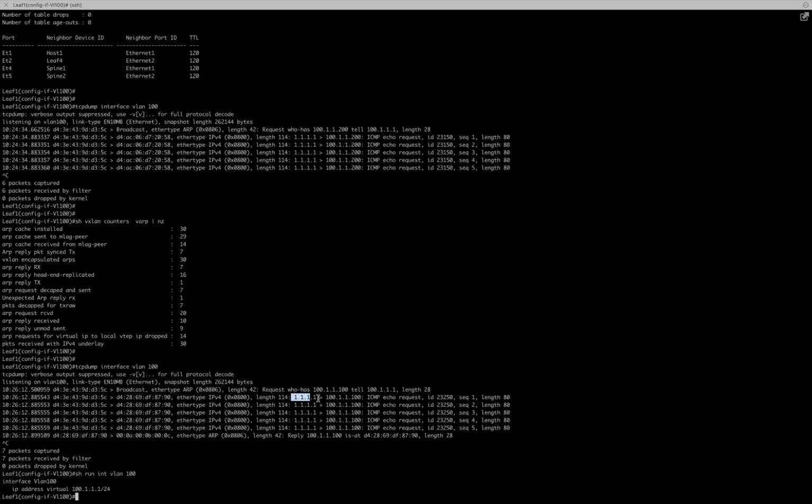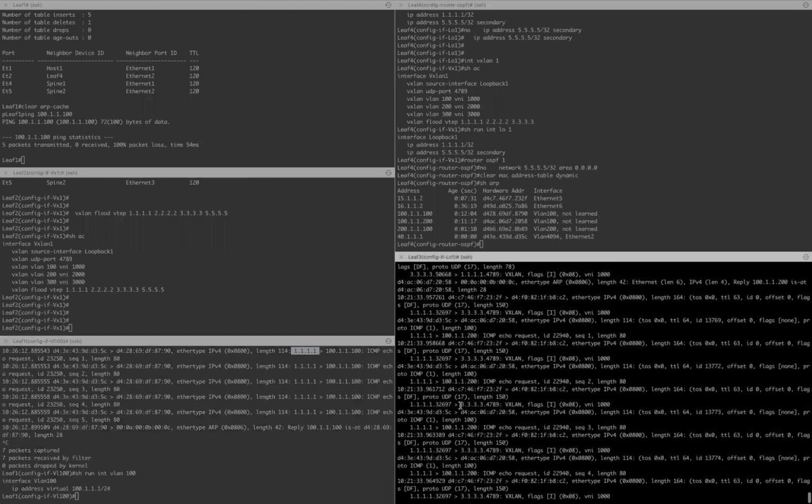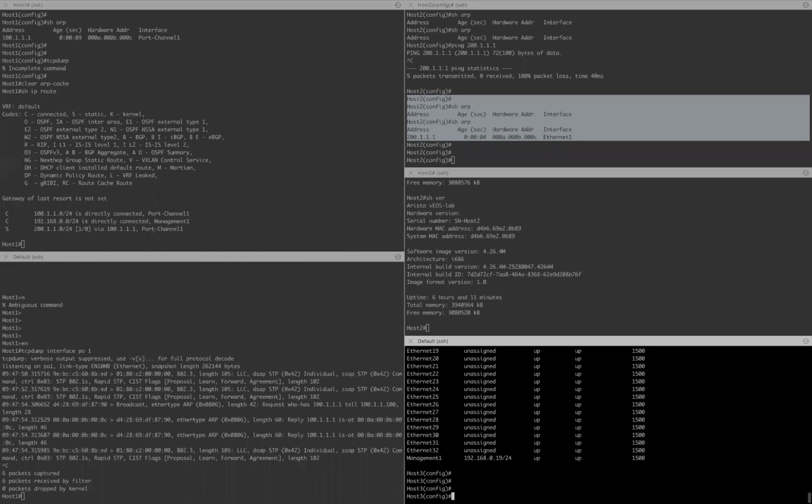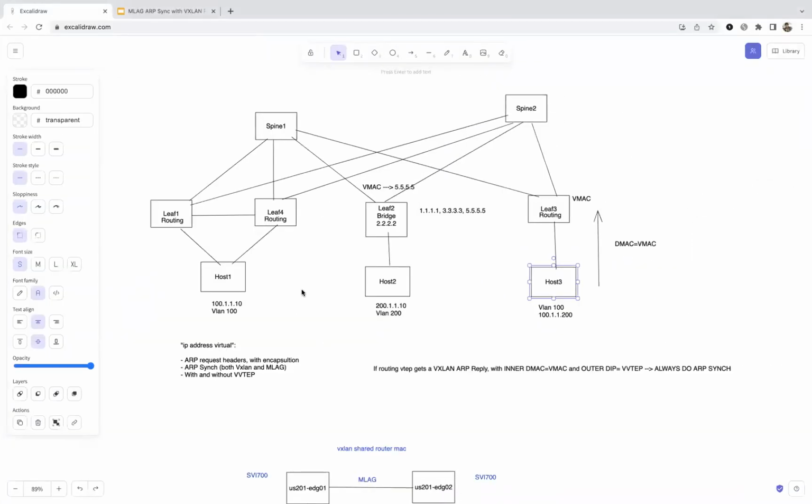No, let's just say we are pinging from host 1 to host 3. On the host we have a physical IP, not a virtual IP. My question is, once you go to the topology, I'll tell my question. So if we're pinging from host 1 to host 3,